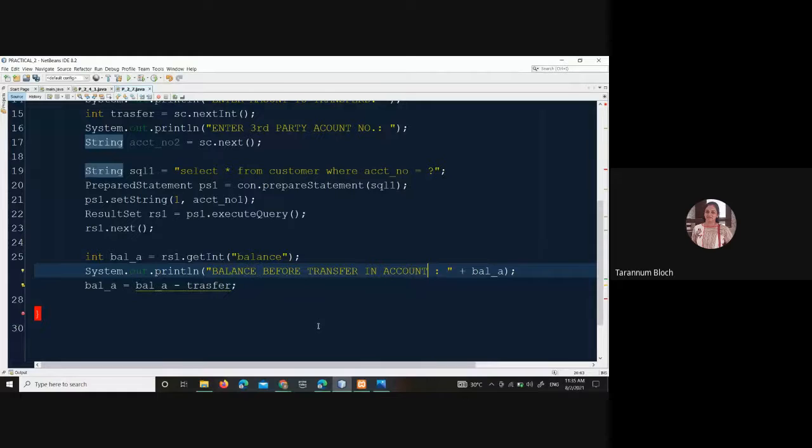Okay. Now we have balance. What we have to do? The balance is updated in local variable, but we need to update in the final account, right? So we need an update query. Fine. We need an update query. Check out everybody. We will take a second query. We'll write the second query for account A.